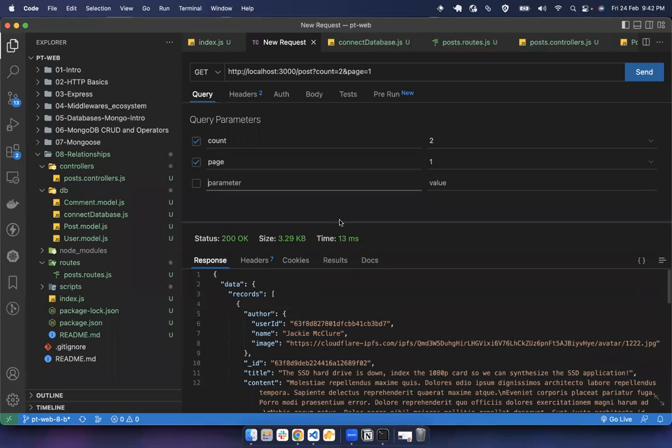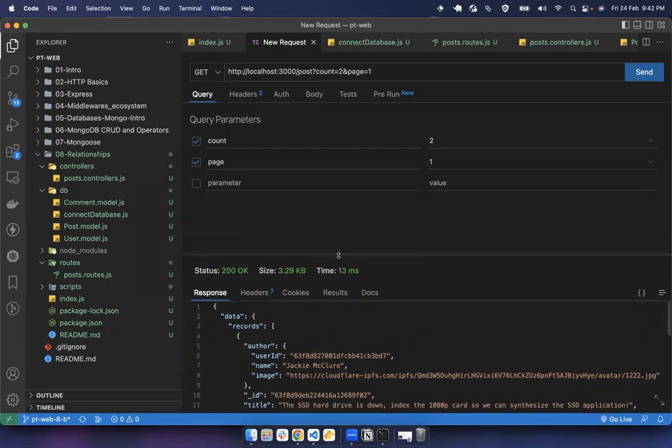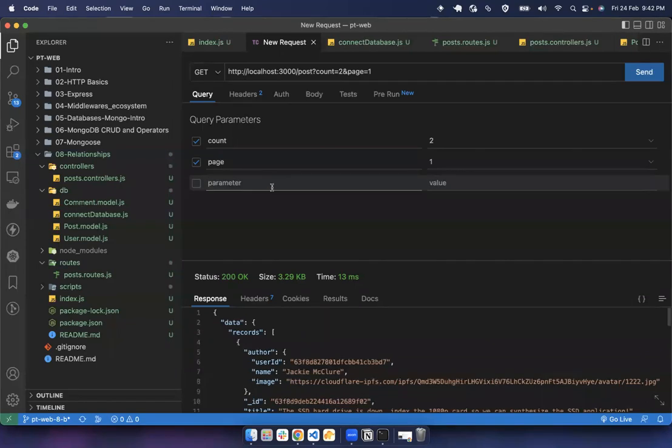All right. So let's say if I were to add another feature to this of searching, right? So if let's say I'm searching for only SSD. So if I'm searching only those posts which have SSD in this,